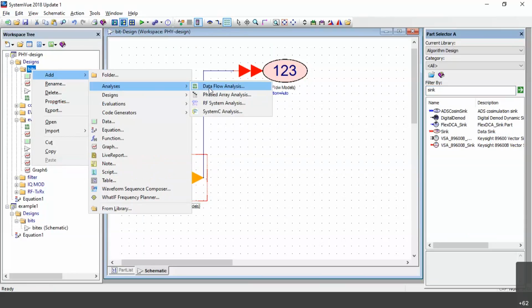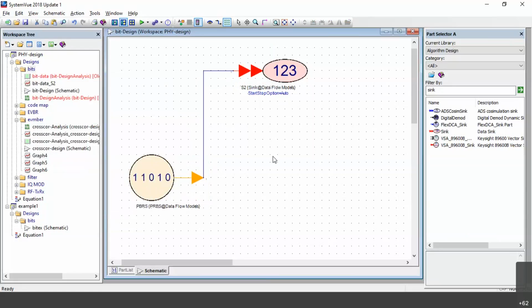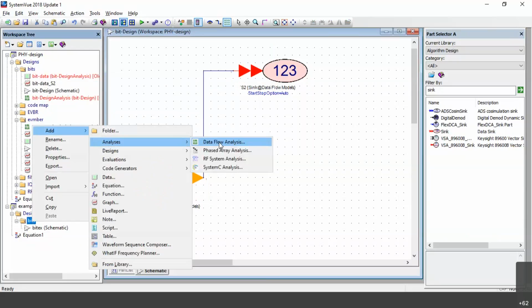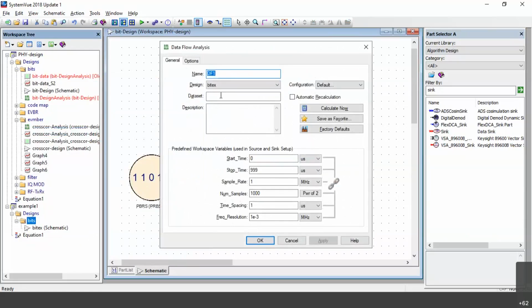Once you are done with the data flow analysis, you will get this kind of pop-up window. This pop-up window, you can name as bit analysis. Fine. Let it be as it is. In the design, you have to select what you want.